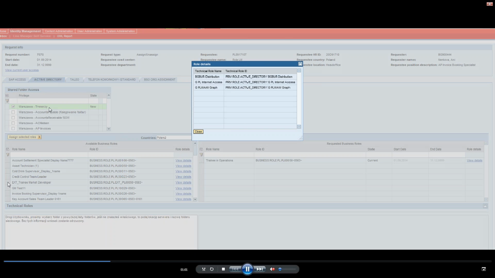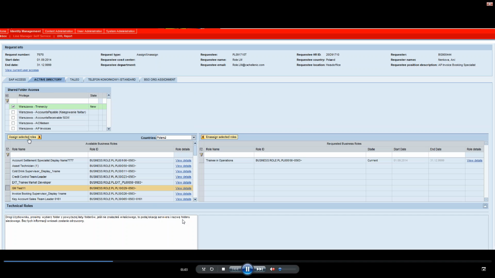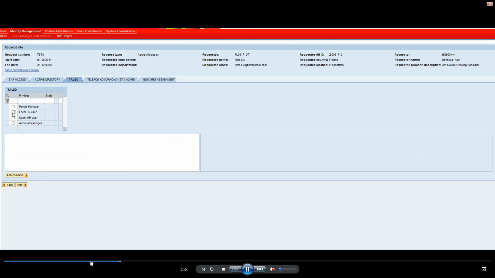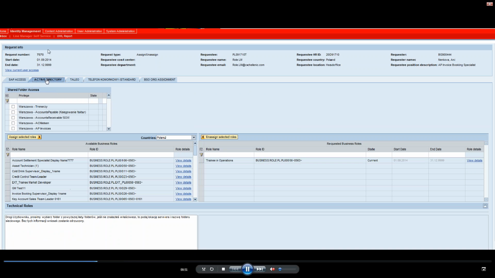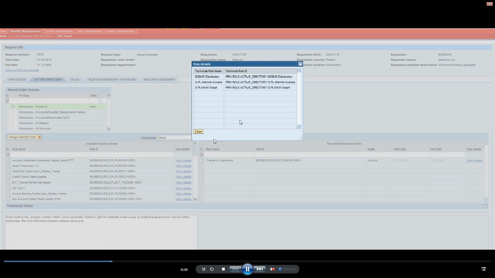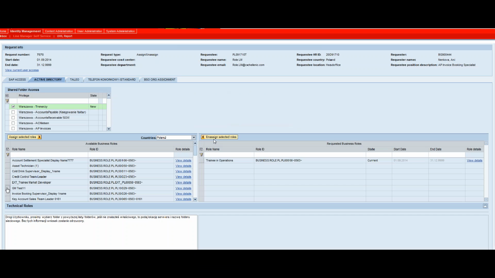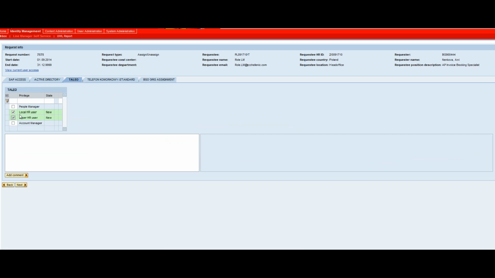For example, for SAP, the access looks like that. For Active Directory, it looks like this. So this is dynamically generated. Here we can select the access we want.